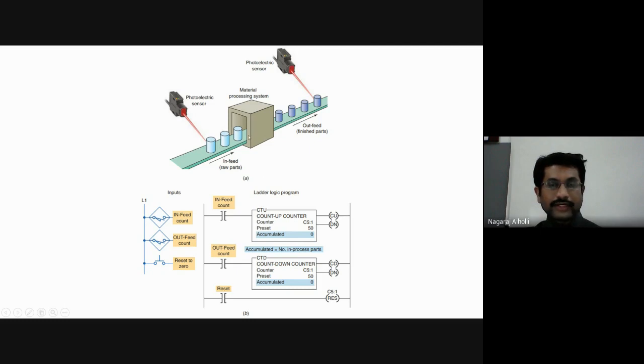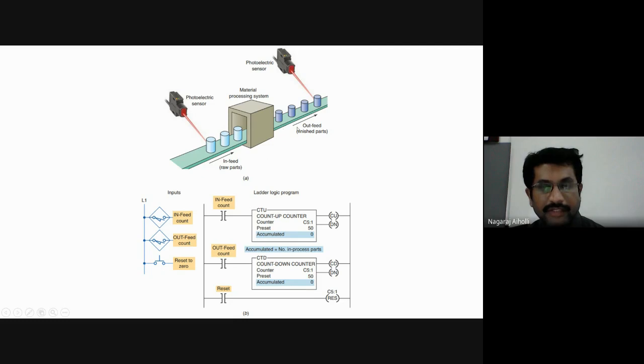Say 4 items have been counted in the up direction, that is incoming parts, and say 3 items moved out of the processing system, that is the output finished parts. Then the down counting will count 4 minus 3, which comes to 1.